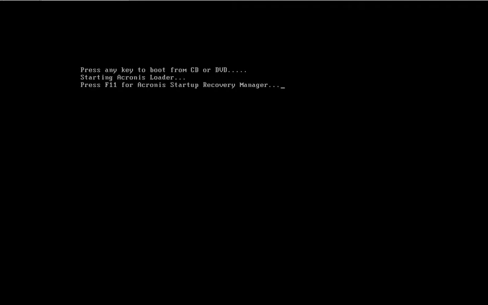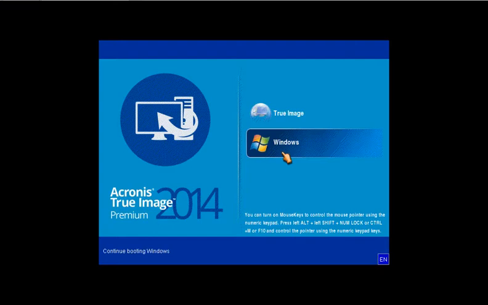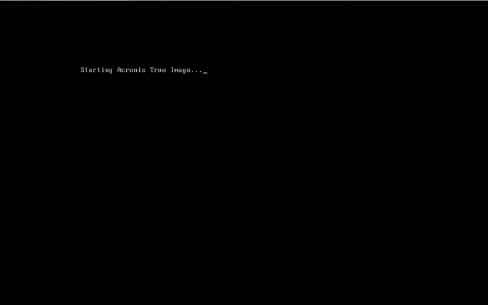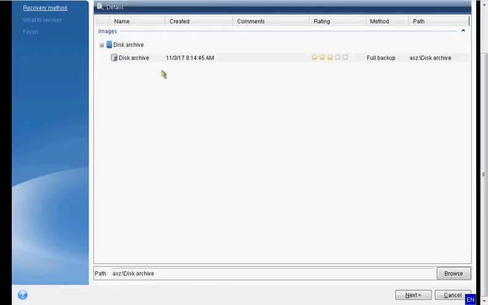Now press F11 in this stage, and this is how it will look. I will click OK. Then it's either go to Windows and boot the original system, or go to True Image and start the recovery process. Now after it's started, I should go to the Recover My Disks. This is it, and it's already chosen the image file. I will just click Next,